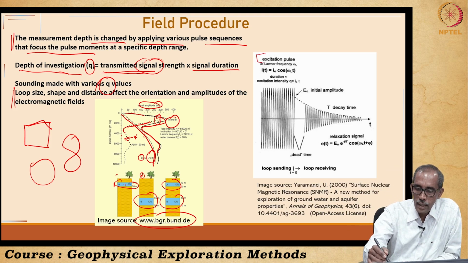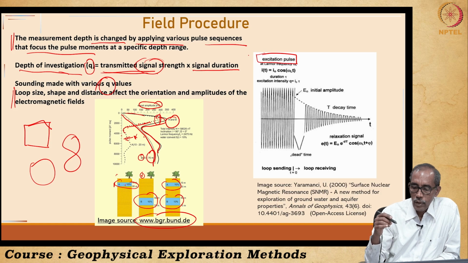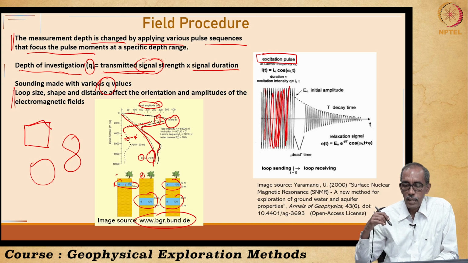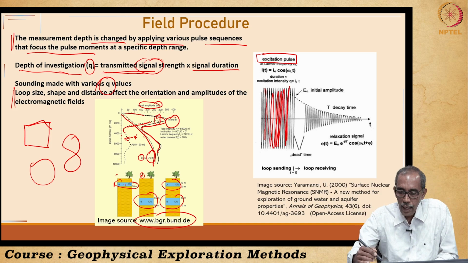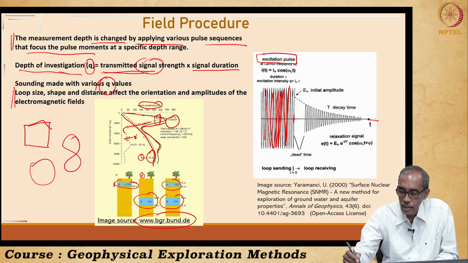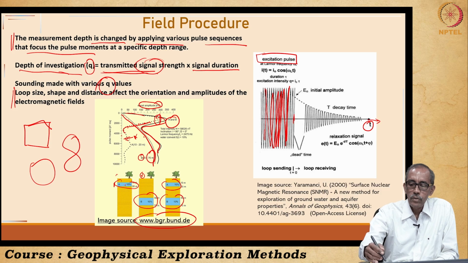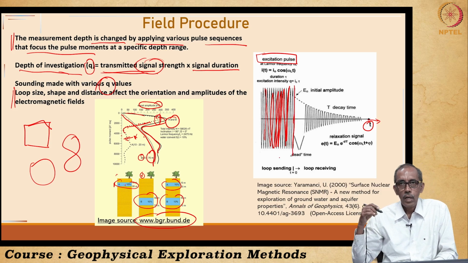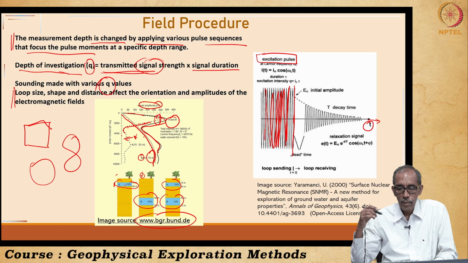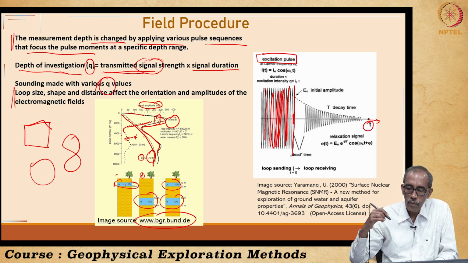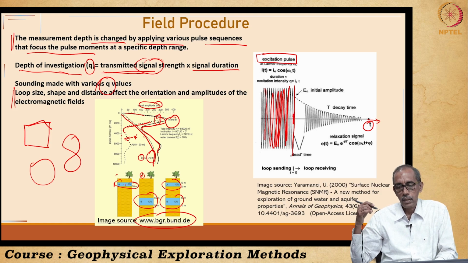First is the excitation phase. When they are excited, that means we are sending some alternating current through the loop. This is the signal intensity, the excitation intensity. At this time we are going to stop the current. This axis is the time axis. We were exciting the protons below the surface until this time. At this time we stopped the application of the current, the radio frequency.